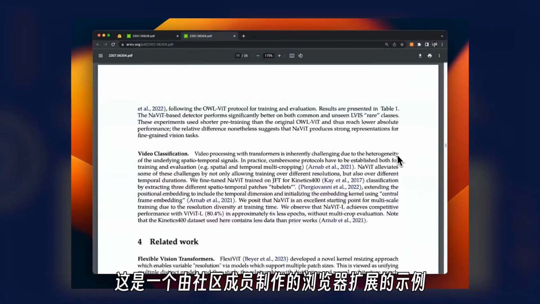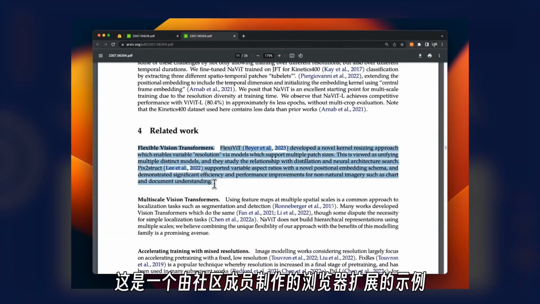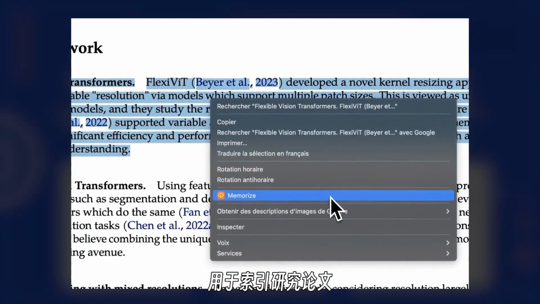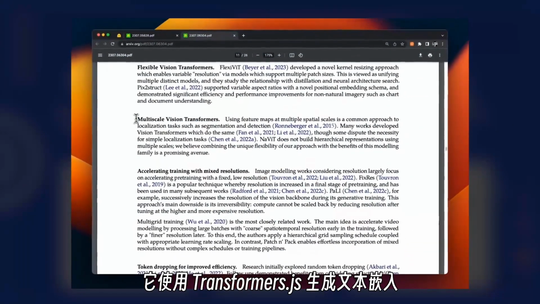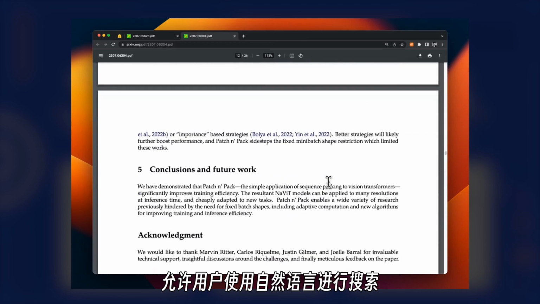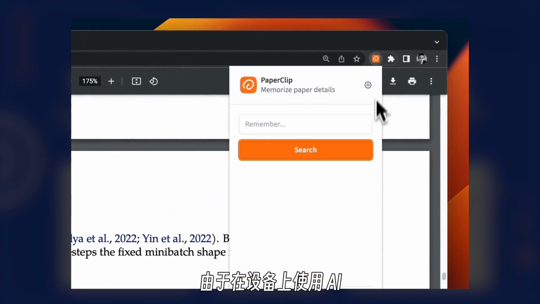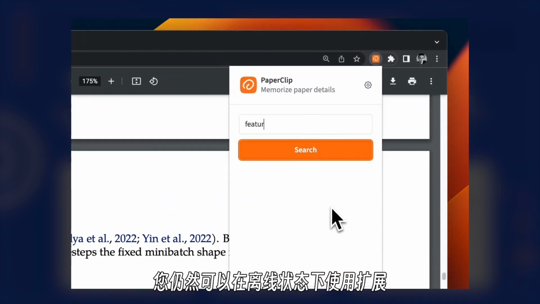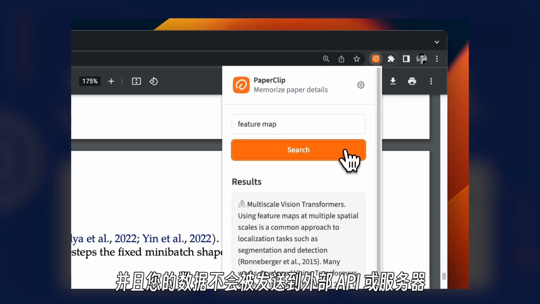Here's an example of a browser extension which was made by a community member to index research papers. It uses Transformers.js to generate text embeddings, allowing the user to search using natural language. Thanks to on-device AI, you can still use the extension offline, and none of your data is sent to an